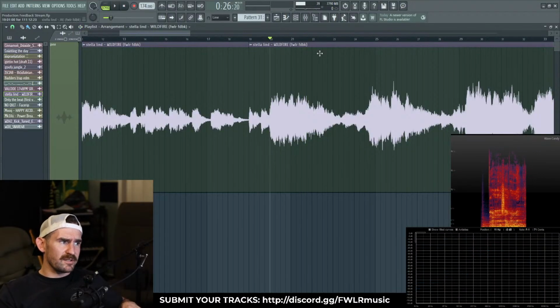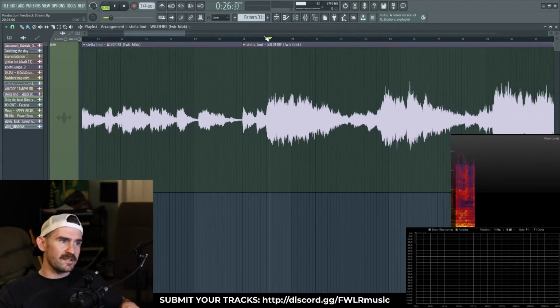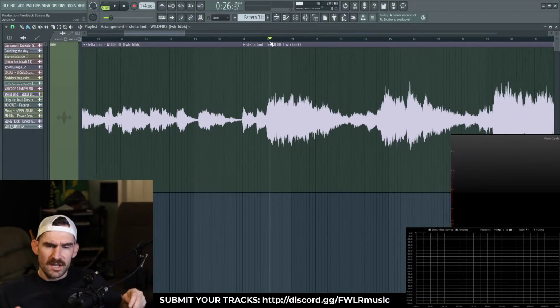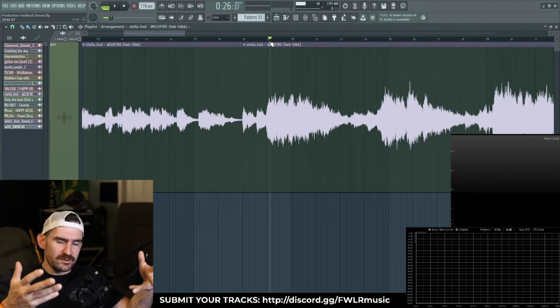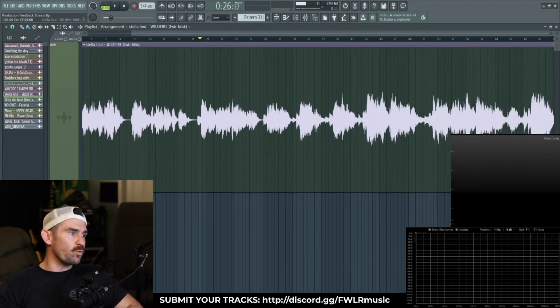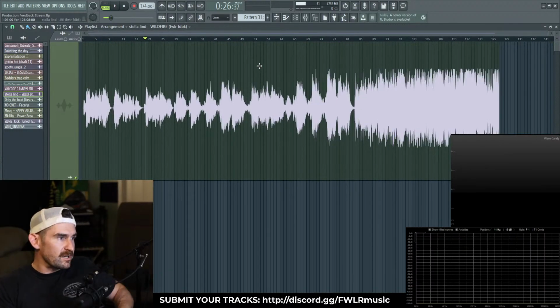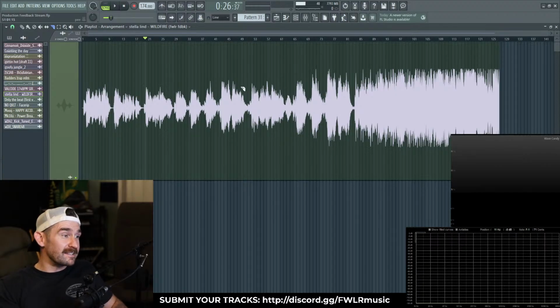This section is by far really good. And the reverb actually feels right in this section where there are the harmonies and it's swelling up and it fills out the track a bit more. The reverb doesn't necessarily sound wrong there, but we had to wait a really long time to get to that section. So if there's any way that you can cut out a bunch of this and get to that section